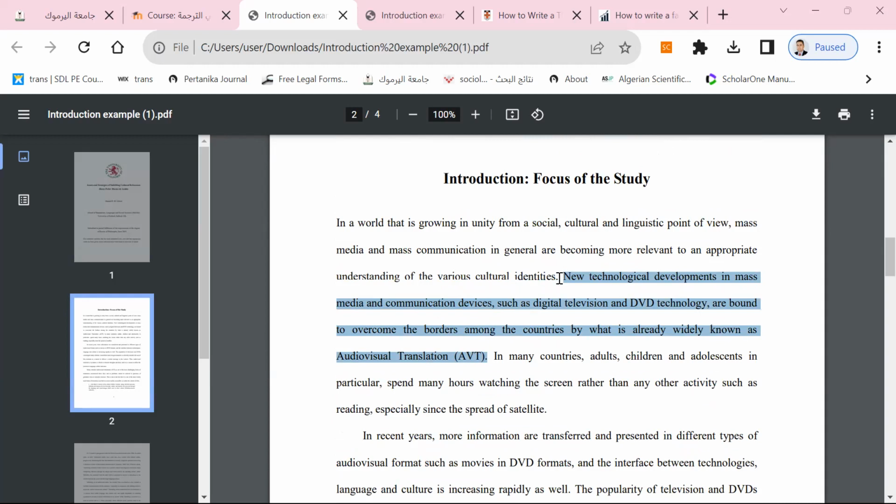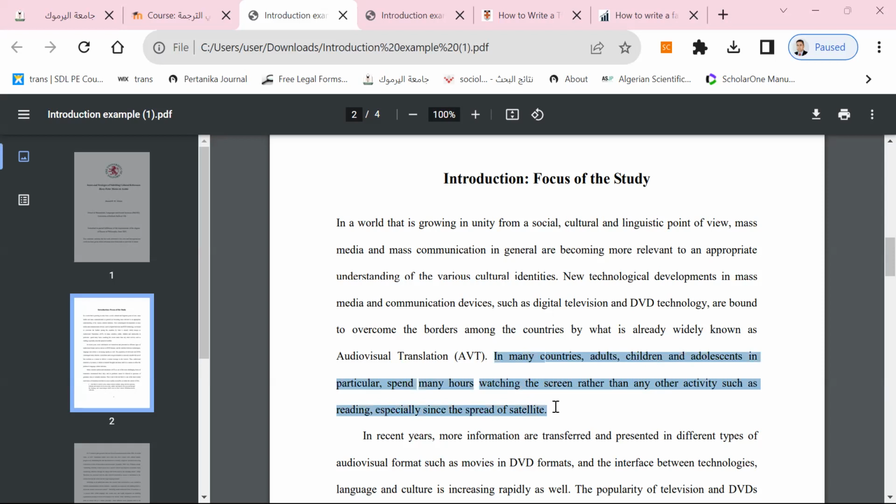Now look at sentence number 3 here. In many countries, adults, children, and adolescents in particular spend many hours watching the screen rather than any other activity such as reading, especially since the spread of satellite. Notice that here is another